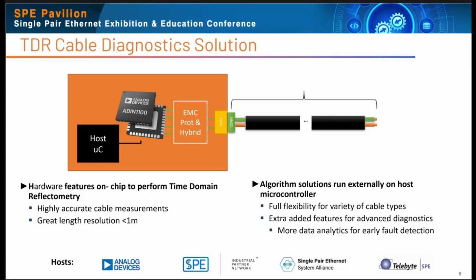So what we provide then is a combination of hardware and software to actually enable this capability. On the hardware side, we've got a very accurate TDR engine, as we call it, inside the device that can accurately measure the data, can accurately convert and synthesize the shape of the pulse that comes back. So in hardware, we provide you with the raw data to actually do this calculation. Offline to that, we have an algorithm and software that actually interprets that data and provides you with the information. So again, accurately define where the fault occurred and define whether it's a short or an